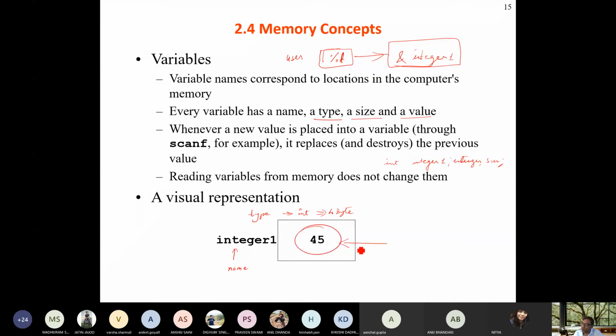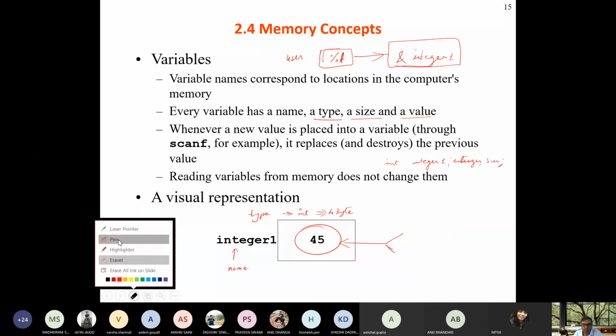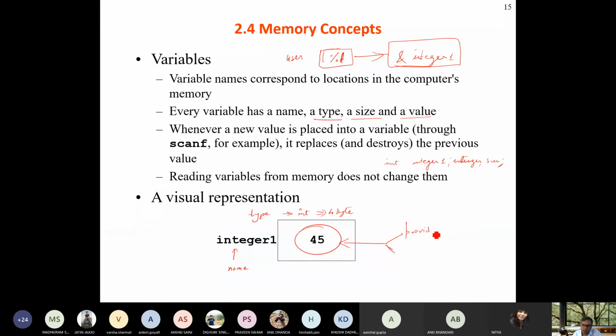Its value can either be already there, meaning provided in the program, or provided by the user. Whenever the user is providing, always use it in combination with %d and the address of integer 1.